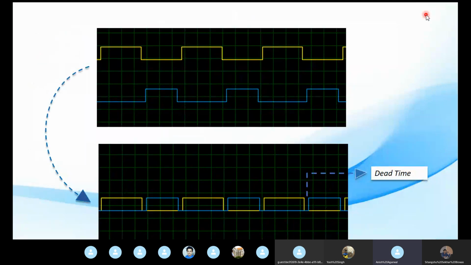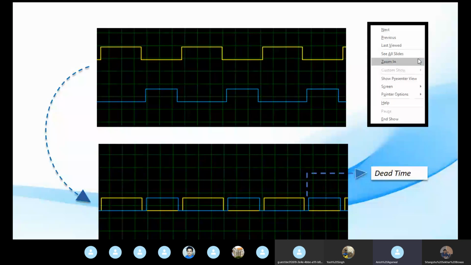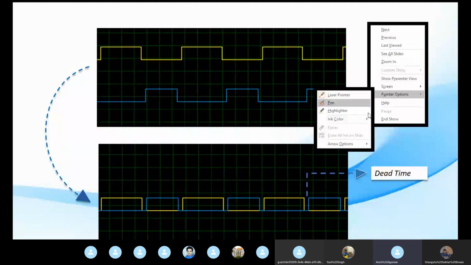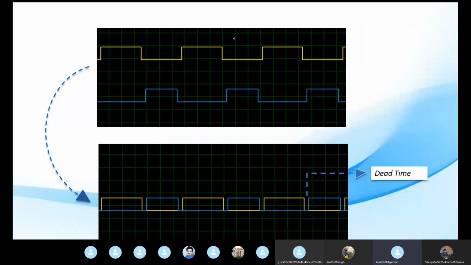All right. So in the previous slide, what we did is we did the pulse width modulation. We set for what amount of time in a time period the value of the pulse will be high. The percentage of time in a time period for which it remains high is defined as a duty cycle.